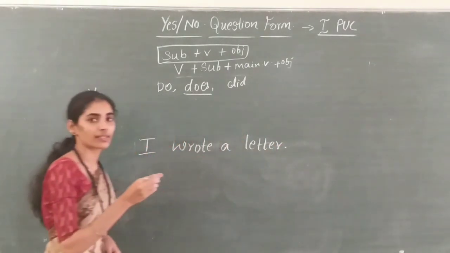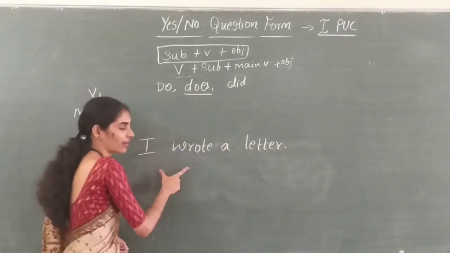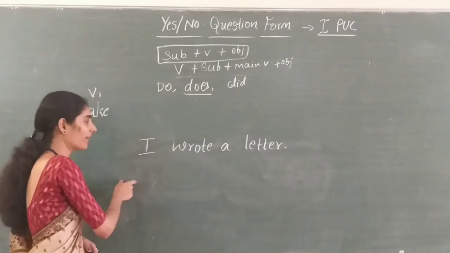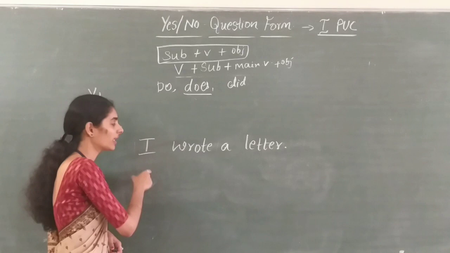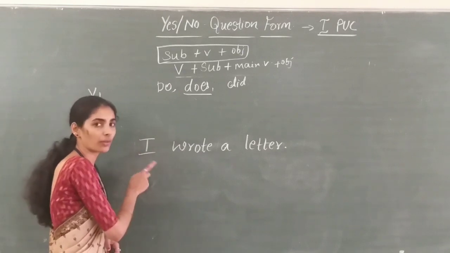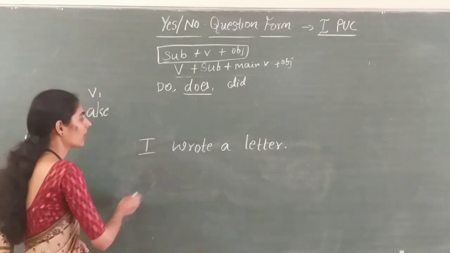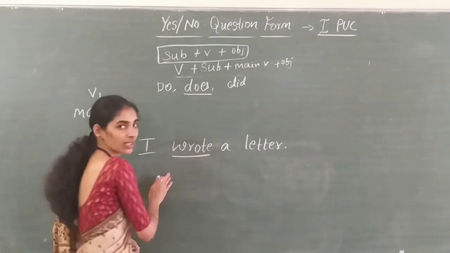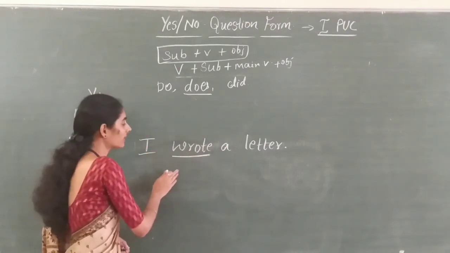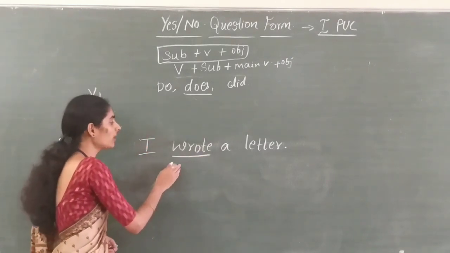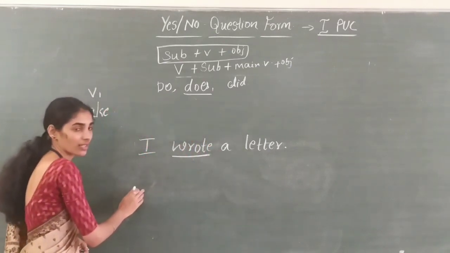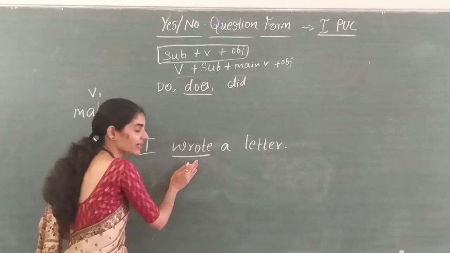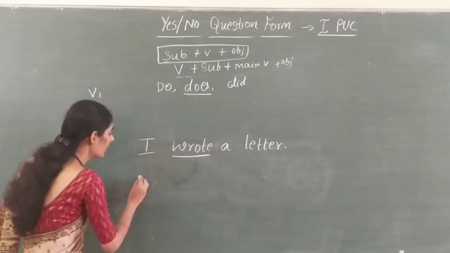Now look at this sentence. I wrote a letter. As I said, you do not have any right to change the pronoun here. If it is I in the question, then again you have to write I. You cannot make it you. So now, wrote. Wrote is the verb here and that is in the past tense. So which one would be the right do form here? That is did. Wrote is the past tense of write. So it becomes